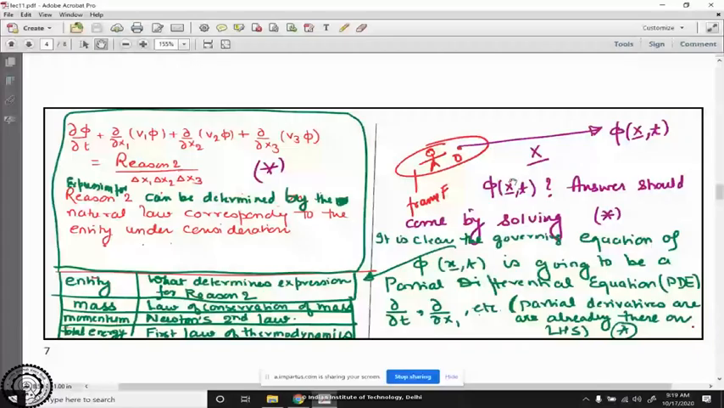So this is a cartoon that I've drawn to draw your attention to the fact that this is what is in the background. We have a frame, observer, flow field, white space. He goes to a location X at time T, and he is inquiring about phi, what is the value of phi. And what I'm trying to tell you is that the answer for that phi should come